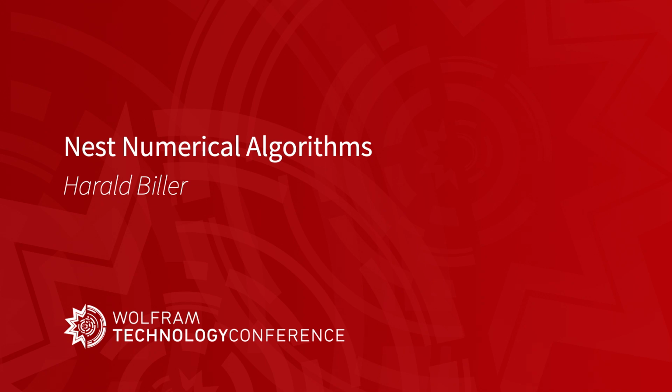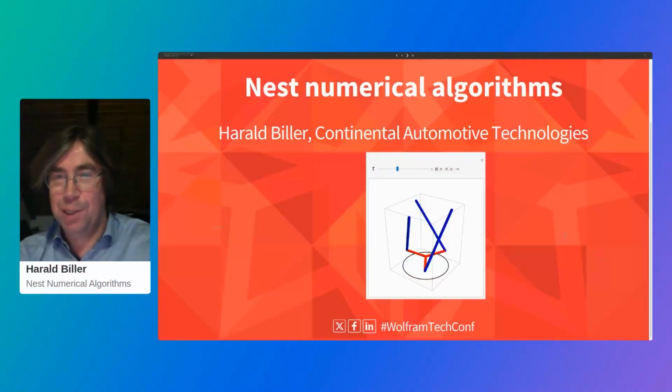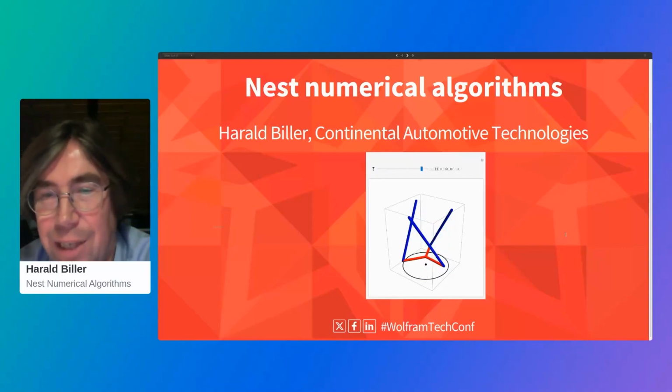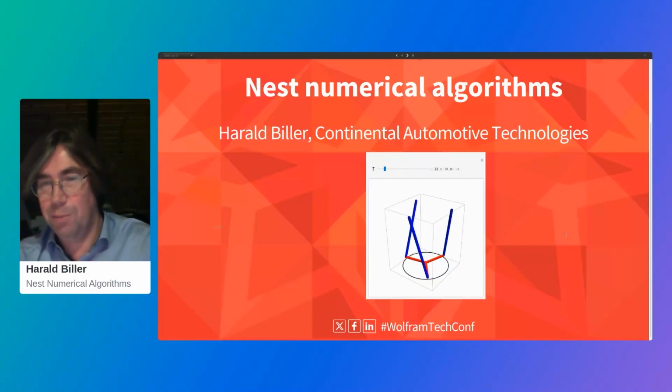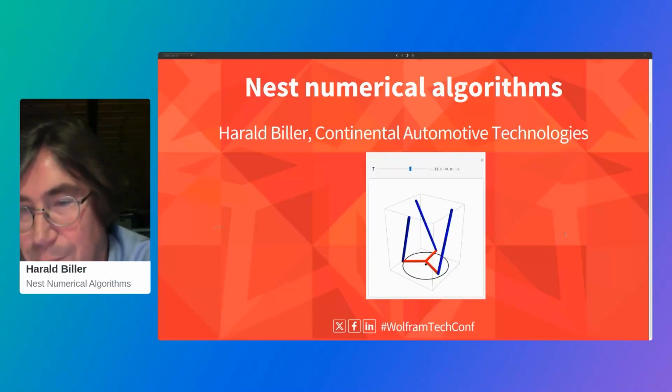So I welcome you to my talk, where I'll show you how to nest numerical algorithms. It's about the problem which you see animated here. A red rigid body is suspended from the ceiling on 3 blue rigid wires. It turns. So you turn the red body, the wires lift up the body, there's a return torque, and the thing starts